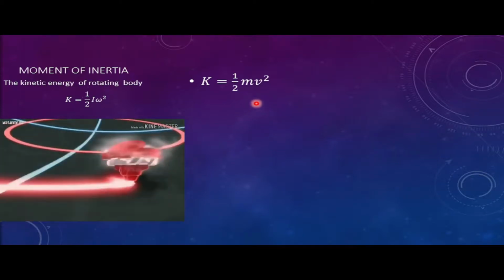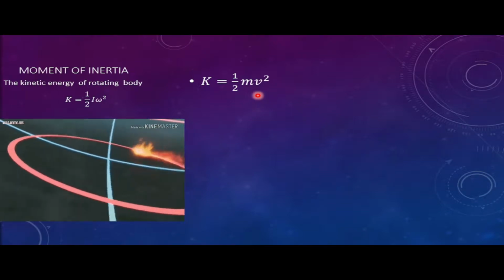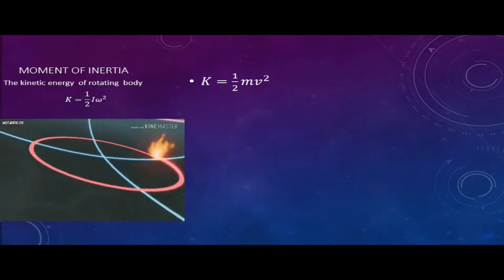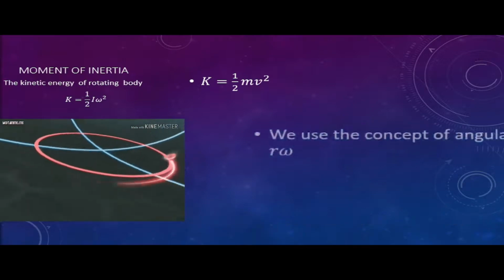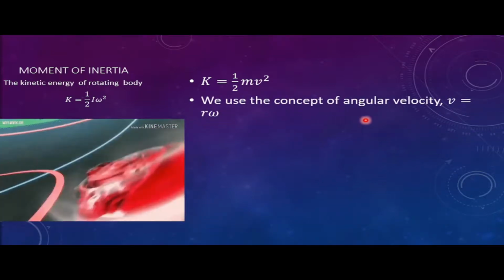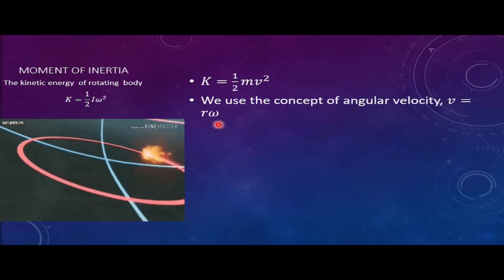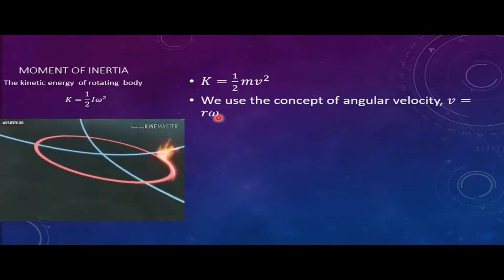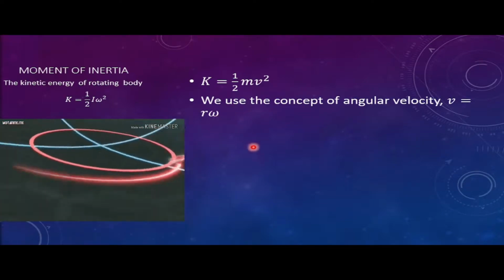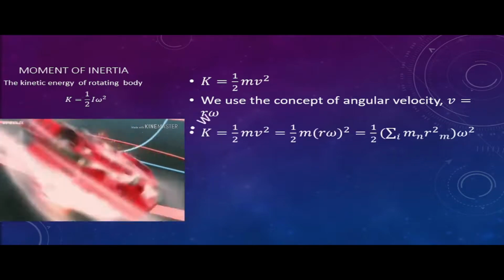But here v is for the linear velocity, and we are going to use the angular velocity. Don't worry about that. We can use the concept of the angular velocity: v is equivalent to r times omega, which is the angular velocity. So we are going to substitute it and square that, and we will get